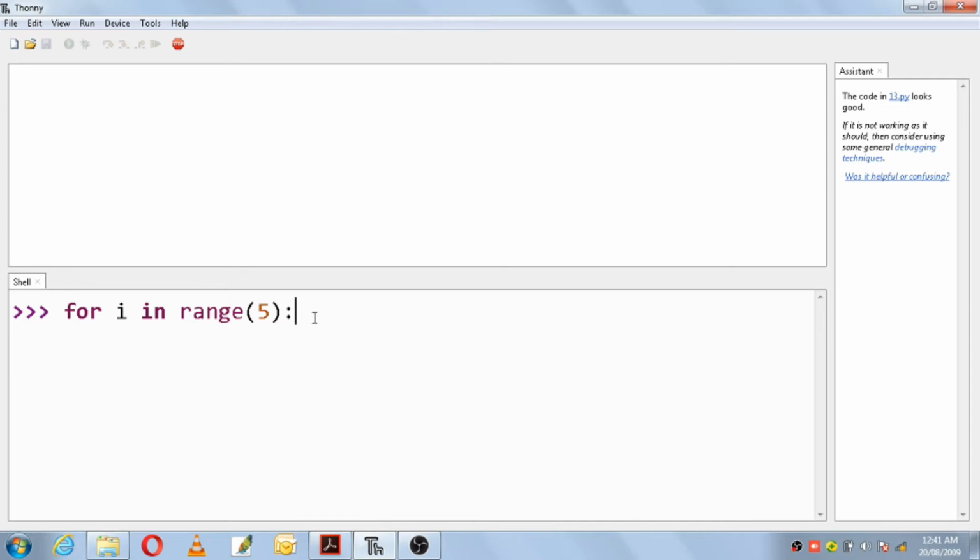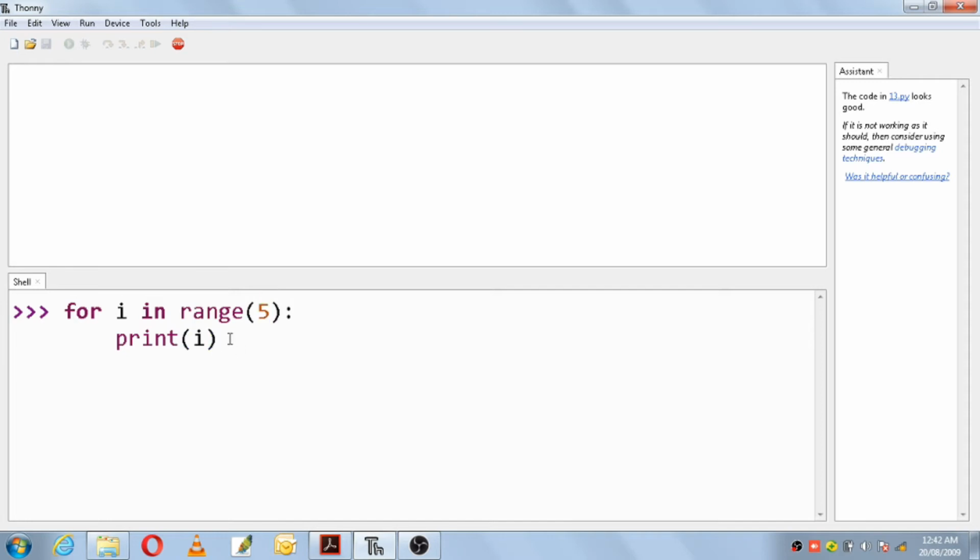When you end it with the colon, immediately this much space will be given. Whatever you write next, the block of code, will come in an indented block, and that block of code will be called a for clause because it comes under the for loop. Here I'll print i, the value of i. Initially the value of i will be 0, then it goes from 0 to 1, 1 to 2, 2 to 3, and so on till it reaches 5. Once it sees it has reached 5, it comes out of the loop, so it will only print the values from 0 to 4.